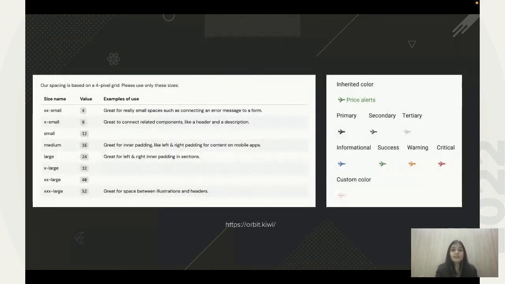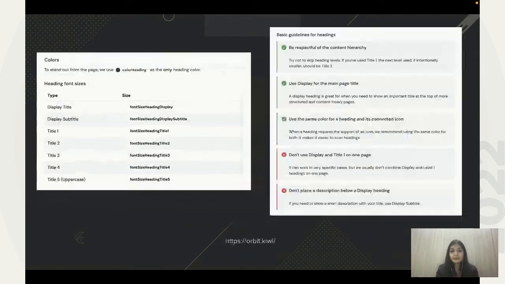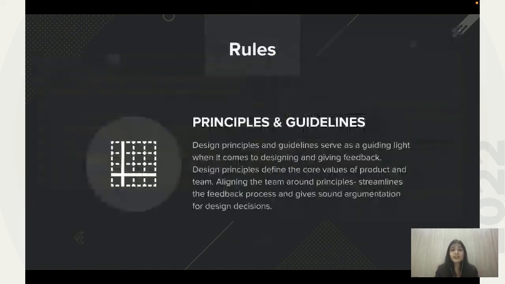For example, if we see Orbit by Kiwi.com, they have characteristics like spacing and icons, examples of use, values, size names, even the states like if it's success, warning, critical. But how Orbit is a design system, as a foundation like typography in their heading, they have given the font sizes along with the basic guidelines of headings, some do's and don'ts, right? So speaking of rules,